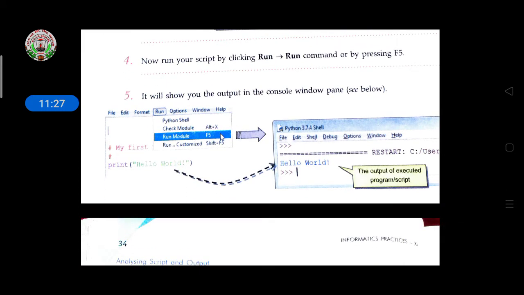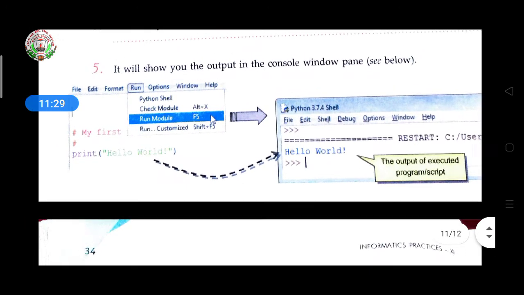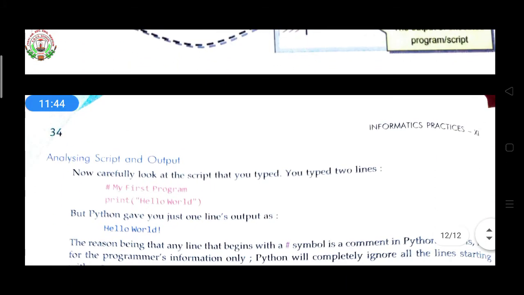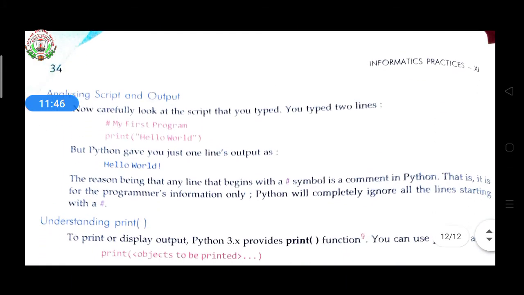Python 3.7 shell. This is the console window pane. After clicking on run module or F5, it will open one window. There you will get the output hello world. It is given here, hello world, which we had written in print hello world. So we are giving the instruction to print hello world like this. Now